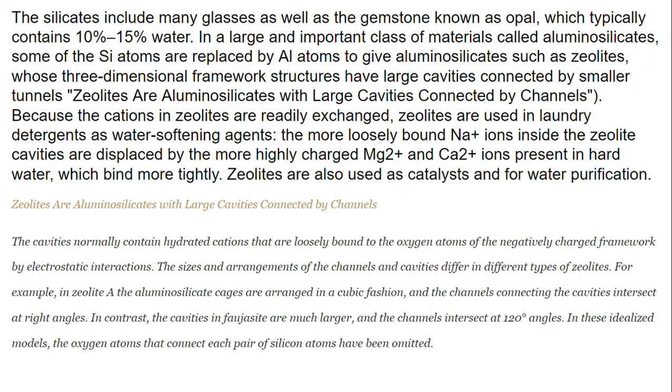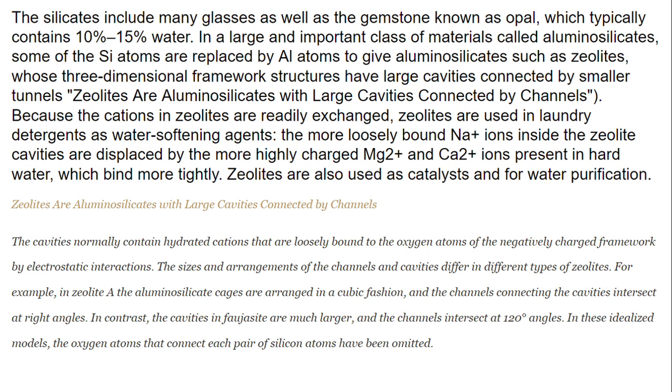Continuing the discussion on the heavier group 14 elements, compounds and their reactions, we continue with the silicon compounds. Then we come to the silicates. These silicates include many classes as well as the gemstone known as opal, which typically contains 10 to 15% water. In a large and important class of materials called aluminous silicates, some of the silicon atoms are replaced by aluminum atoms to give